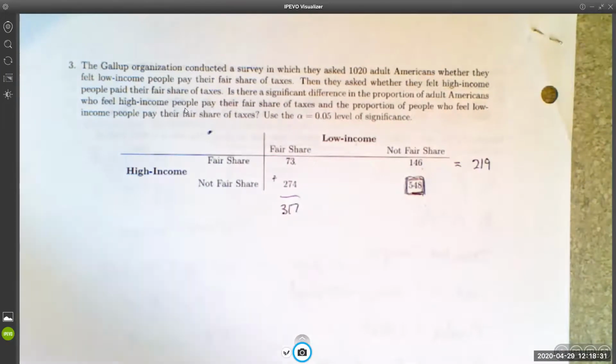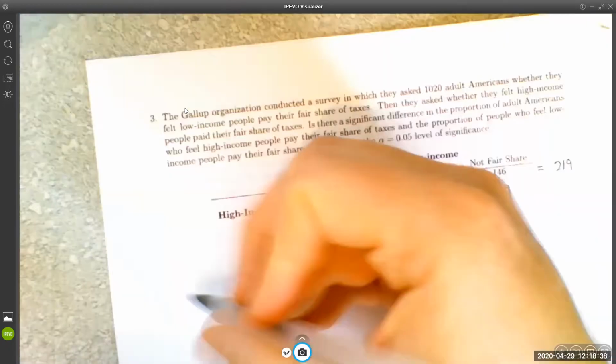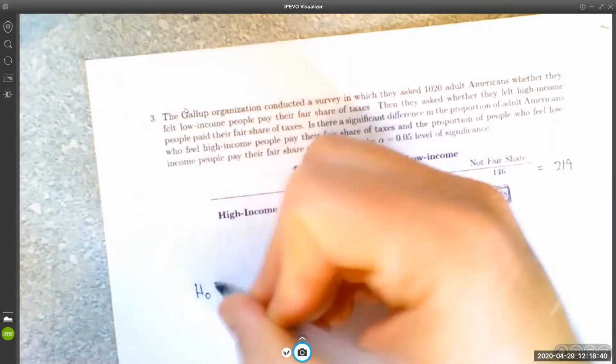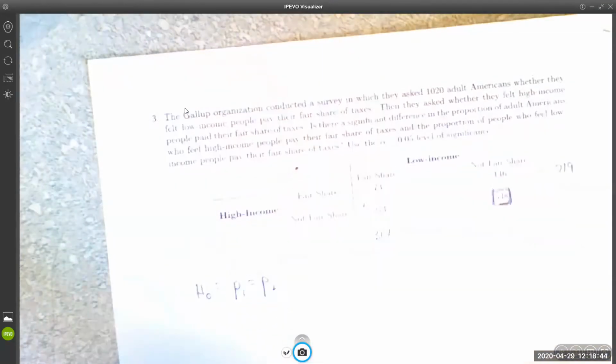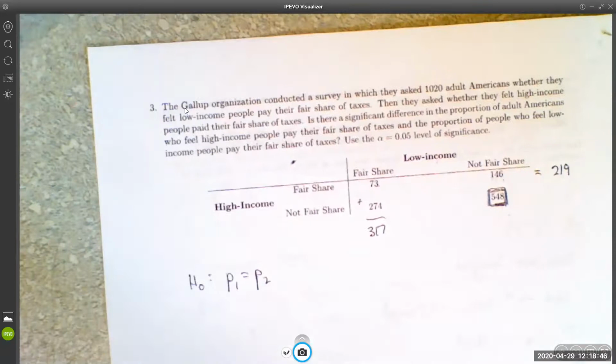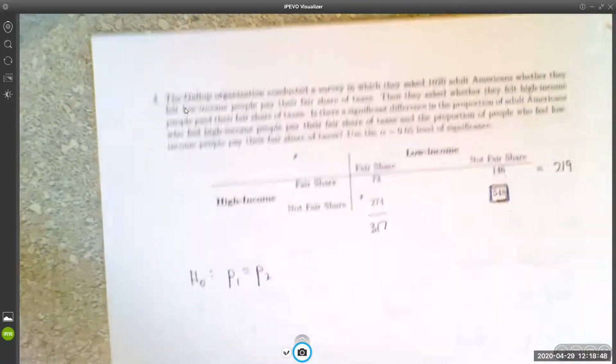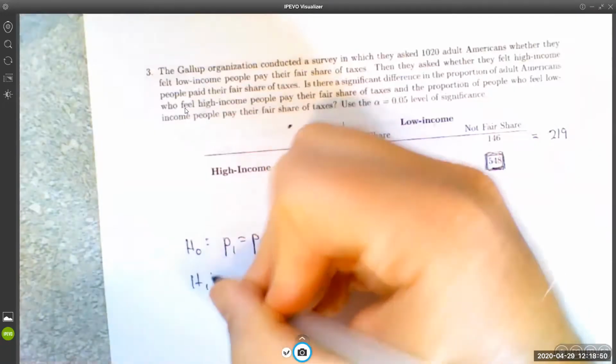I'd be surprised if we weren't rejecting the null hypothesis here. But anyway, the null hypothesis is that the proportion of people who say that high and low income people pay their fair share of taxes is the same. The alternative is that,